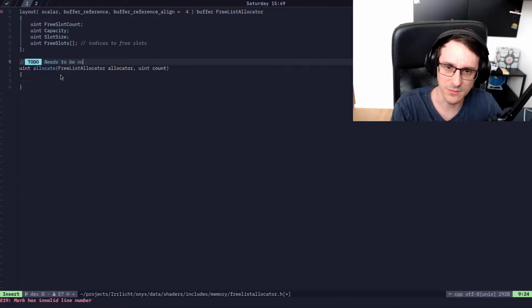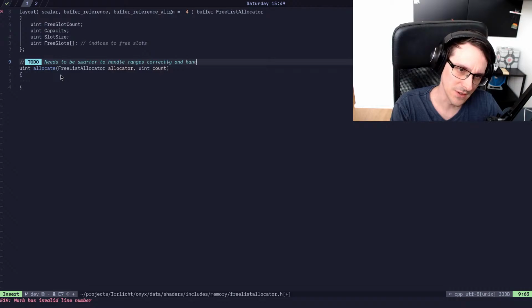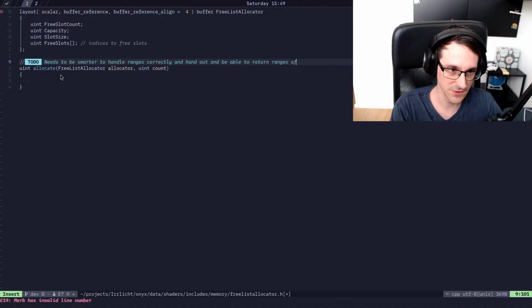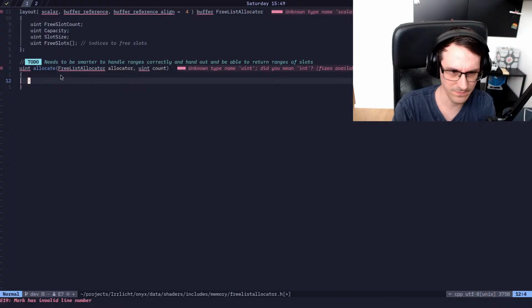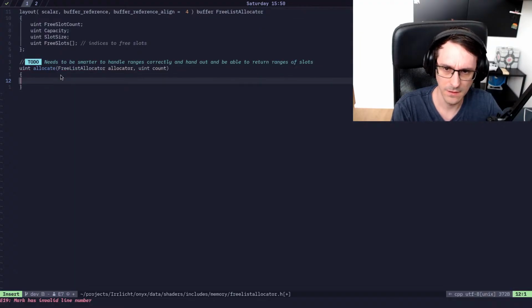It needs to be smarter to handle ranges correctly and be able to hand out and return ranges of memory of slots. So for now, I guess we can just leave it as is and do it very, very simple,